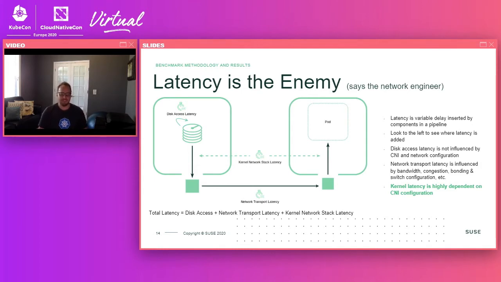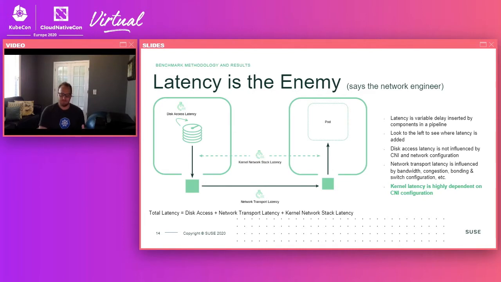You can look to the left to see where we add latency in the system. So we'll start from the top left and work our way around. The first place that we can introduce some latency is in accessing the disk. Now, I want to point out this is something that your CNI configuration and your network configuration isn't really going to influence. That's going to be a pretty static cost in the system. The next